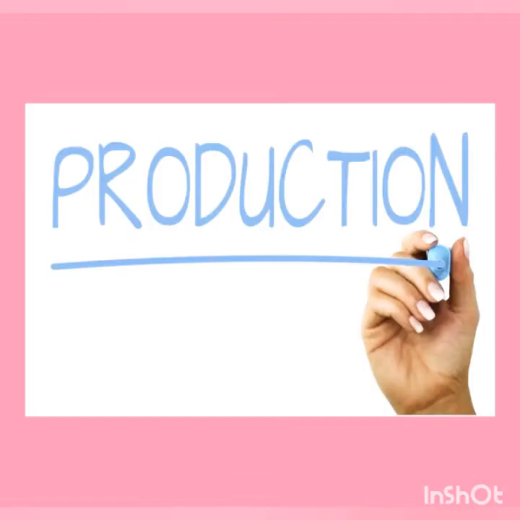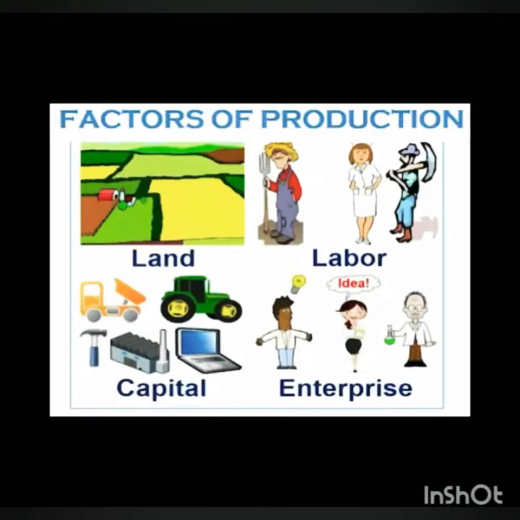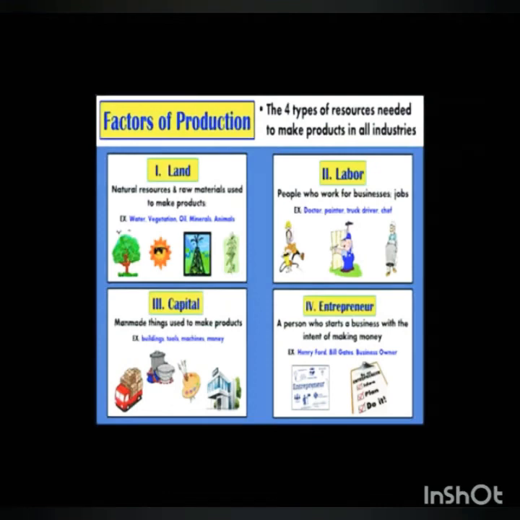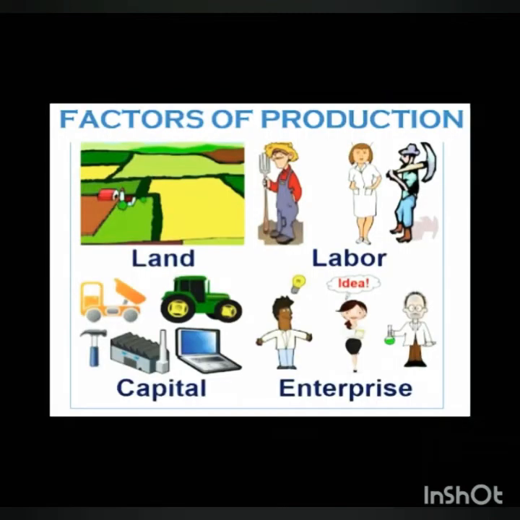This thought process is often called entrepreneurship and organization. The factors of production are divided into two: primary factor and derived factor. Primary factors are nothing but land and labor. These are naturally given and without them no goods can be produced. And the derived factors are classified into capital and organization. Now we are going to learn more about the factors of production.